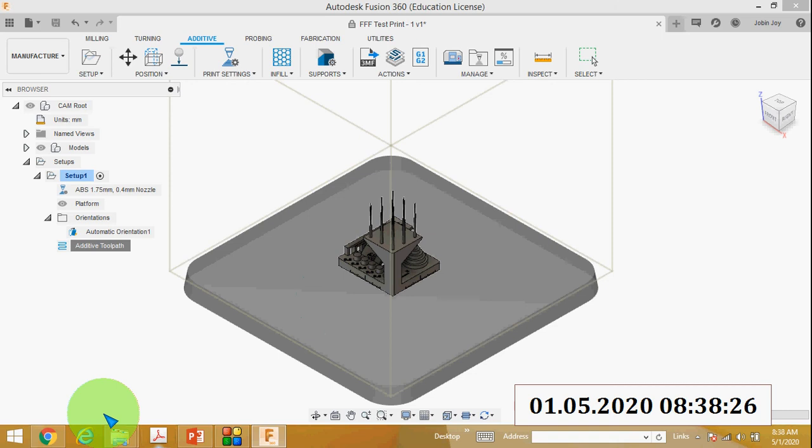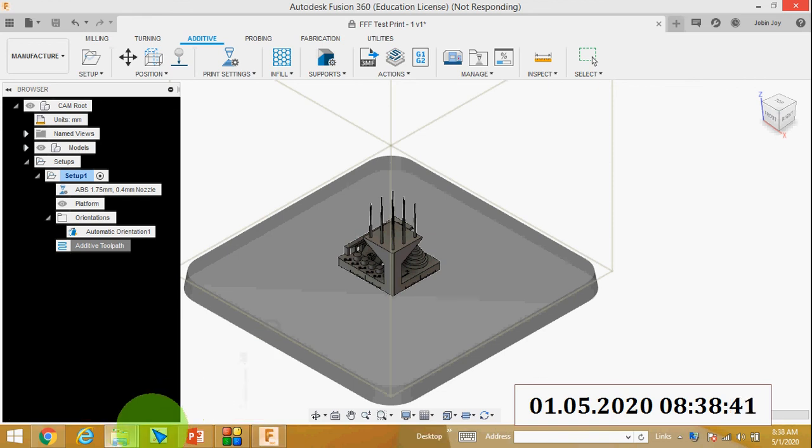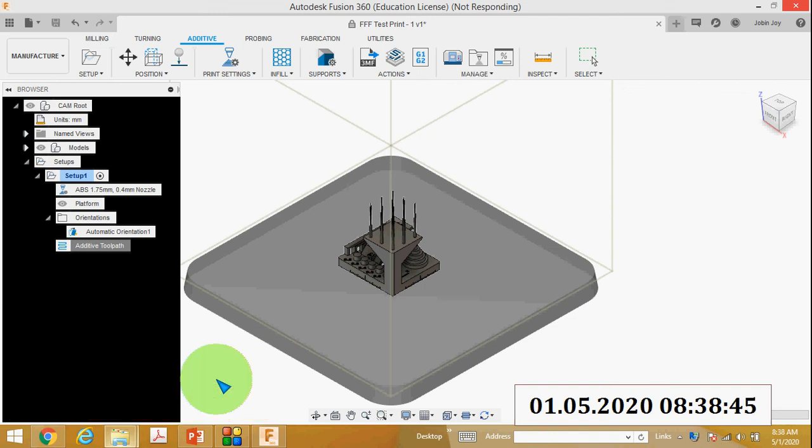Then we have to see this code. I will open the folder.